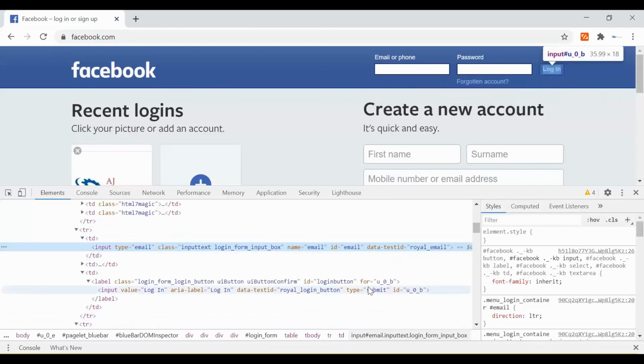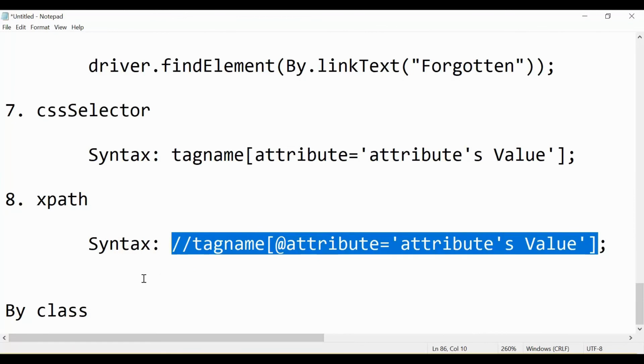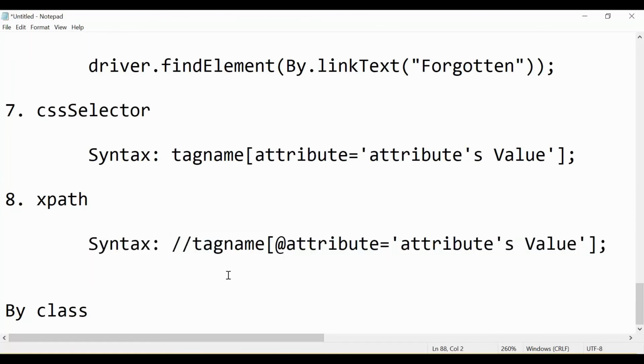For example, for this field you can take any attribute. We have seen this already: class name, ID. You can directly use these attributes. But with the help of XPath, how can you do that? Let's say for name, you just have to follow the syntax and the XPath will be ready. // tag name.